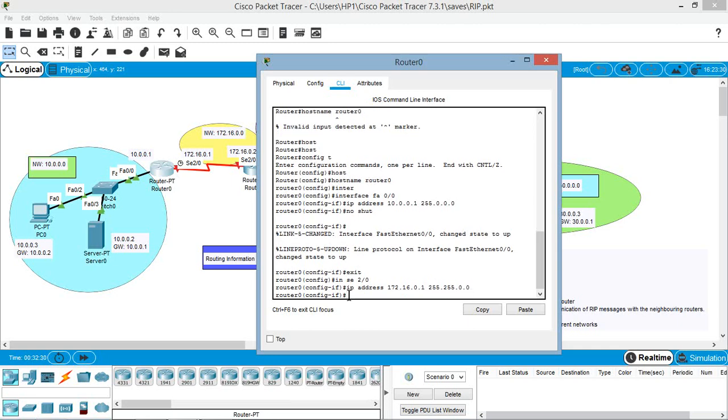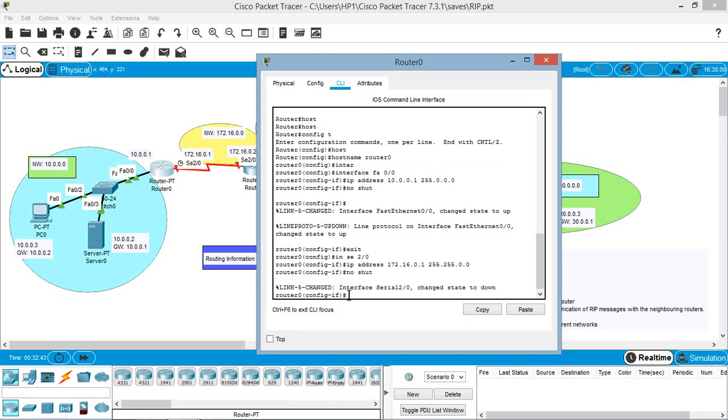Now this serial interface is also configured with an IP address. Now let us activate this interface using the no shutdown command, or simply no shut command. So the interface is now active.